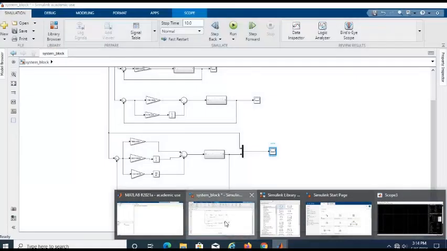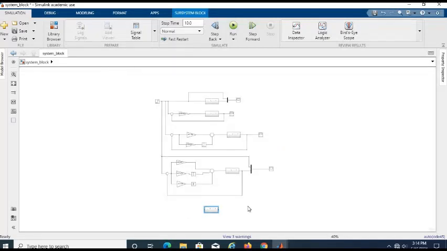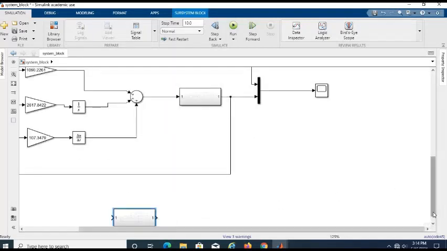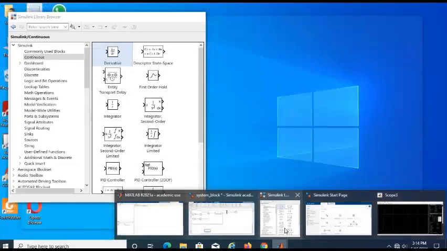Okay, next we continue with the last list. Design the PID controller using the block that there is in MATLAB.